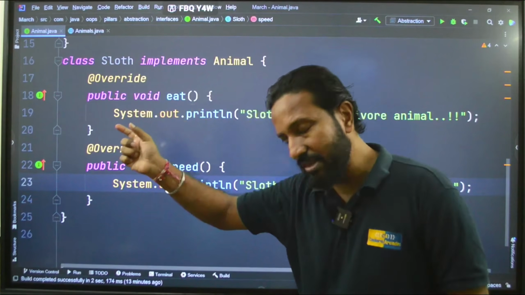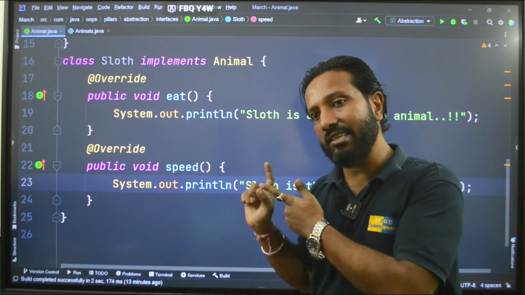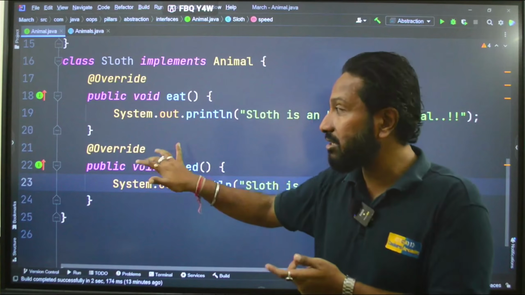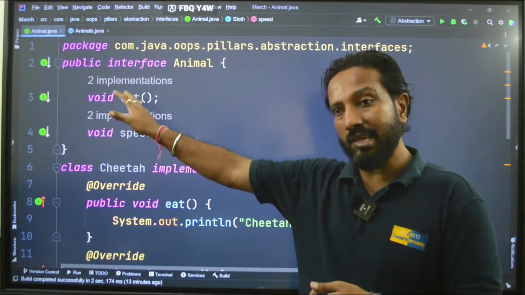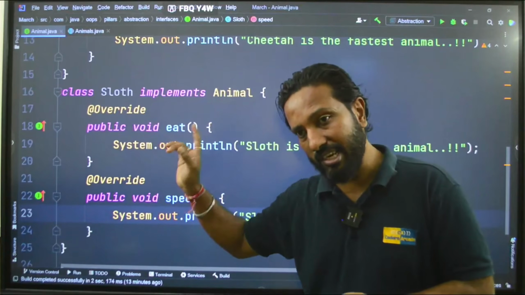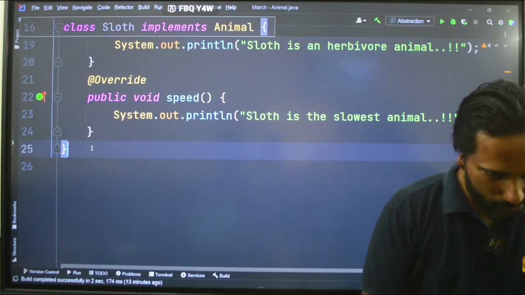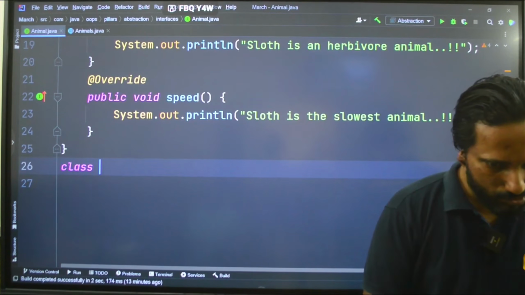So, just the differences: an interface is a completely abstract class with empty bodies of the methods. The methods will be empty, and the implementation has to be given in the child class. Please remember this, guys, please, please, please. Okay. Now let us go ahead and create one more class called